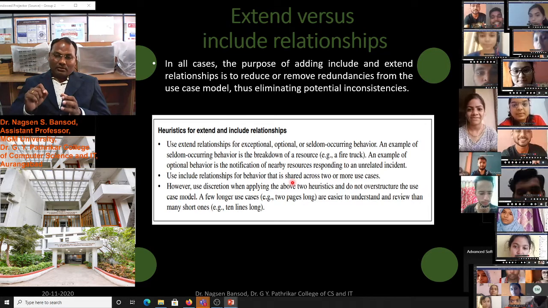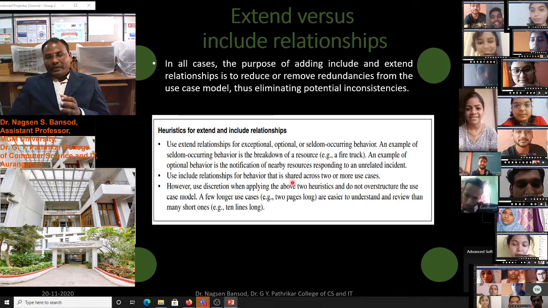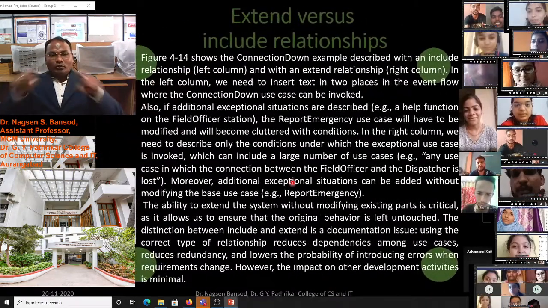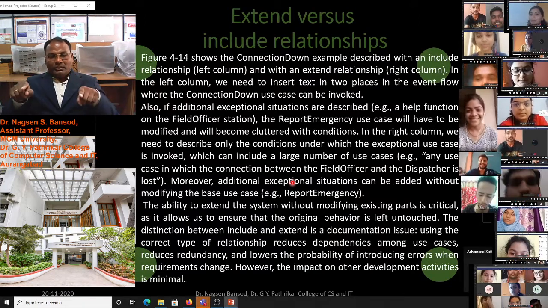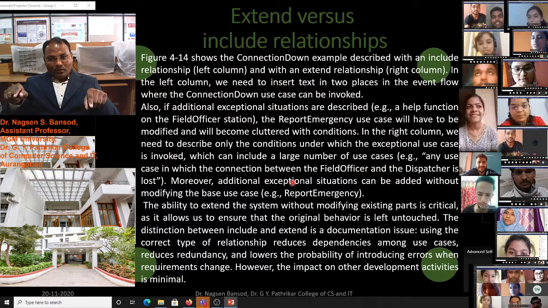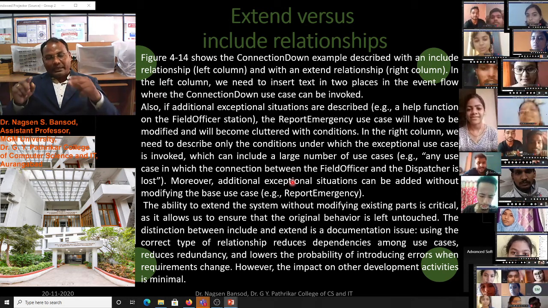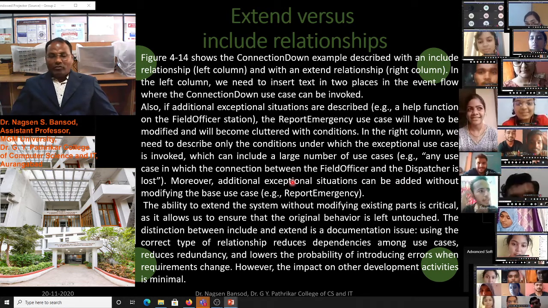If that is common, we can write it with an extend or include relationship. For writing this we have to use the stereotype keyword, with opening and closing triangle brackets. In the triangle brackets we write the extend and include keywords.